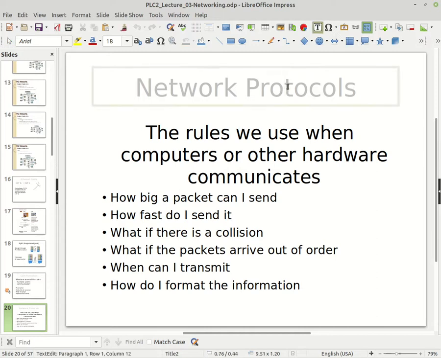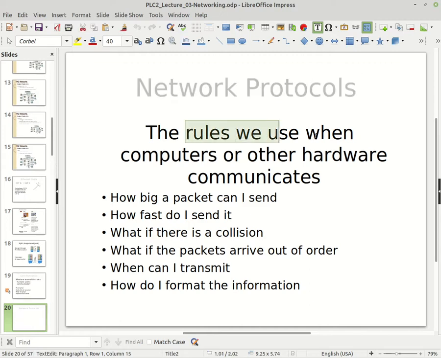So the term usually people refer to as a protocol. But what is a protocol? A protocol is the rules that have been set up that are intended to be used when you are communicating between two devices. Some of those rules specify how big of a packet of information can be sent at one time, how fast can it be sent, what happens if you're trying to send to the PLC and the PLC is trying to send back to you